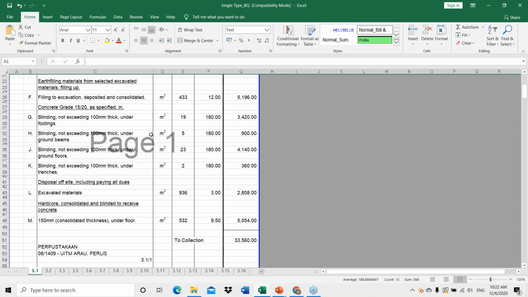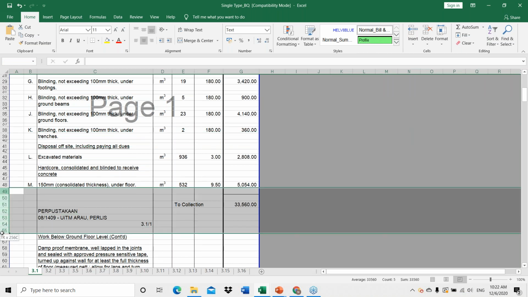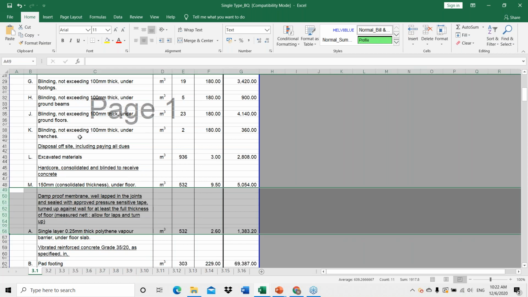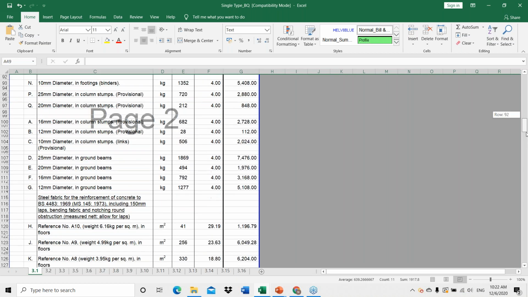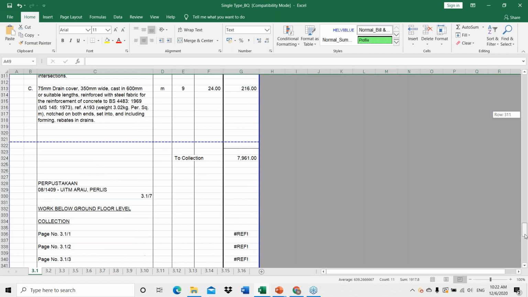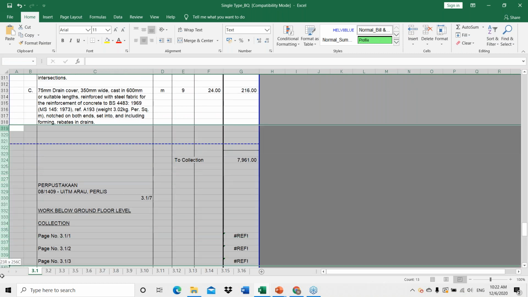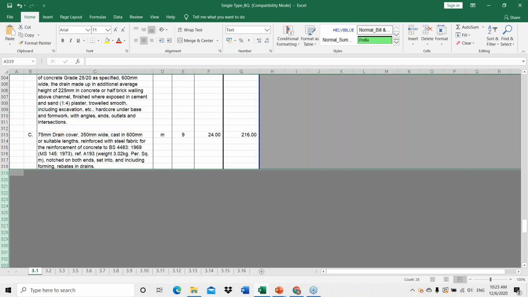Also, there's the collection, up to the item with continued, you can click delete. And please make sure that there is a blank row in between the descriptions and there's no merge cell anywhere. And lastly, you need to remove the summary. Now click delete. Once you're done, click save. So